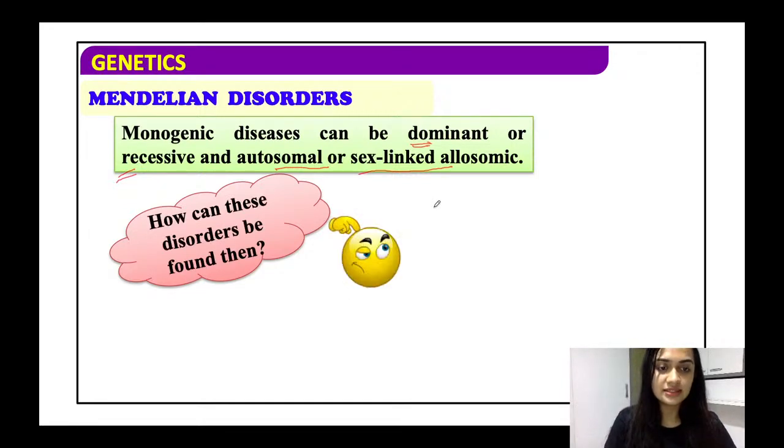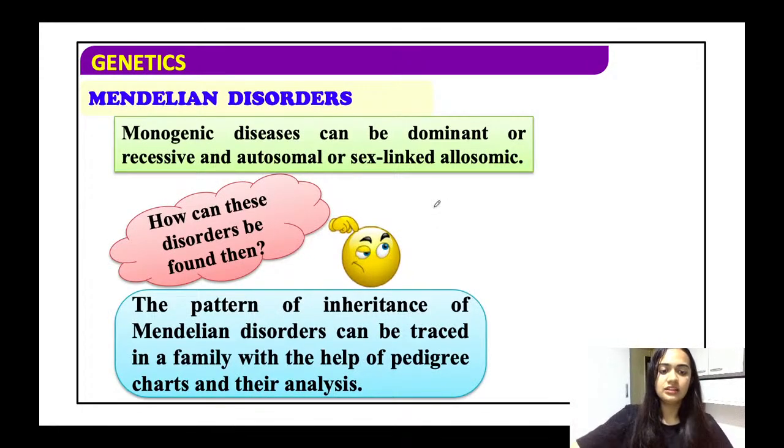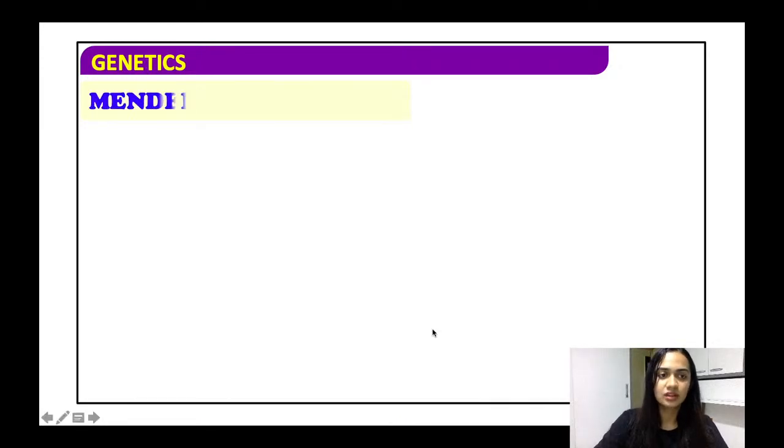How can these disorders be found then? The Mendelian pattern of inheritance of the Mendelian disorders can be traced in a family with the help of a pedigree. और ये सारे डिजीजेस हम कैसे पता करते हैं कि वो कौन से जनरेशन से कहाँ फ्लो होता है? ये होता है एक पेडिग्री के हेल्प से।